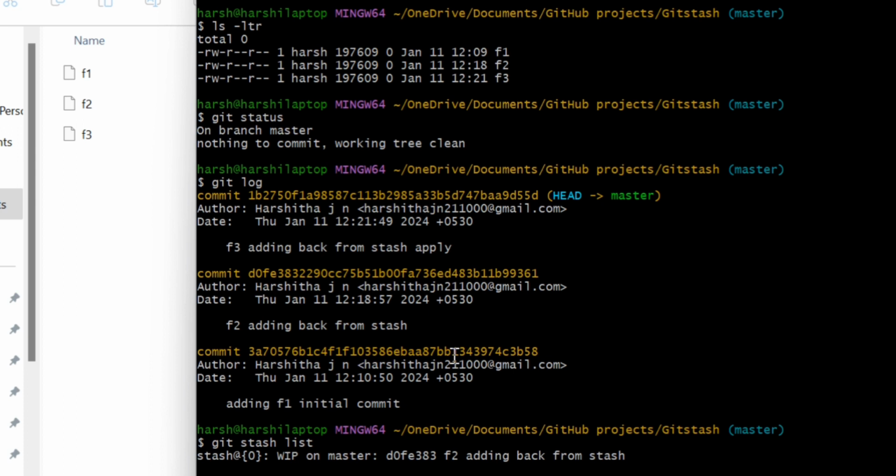This is how git stash works. If we don't want to commit changes from the staging area, we can move them to the stashing area, and later on, whenever we want, we can commit them by using